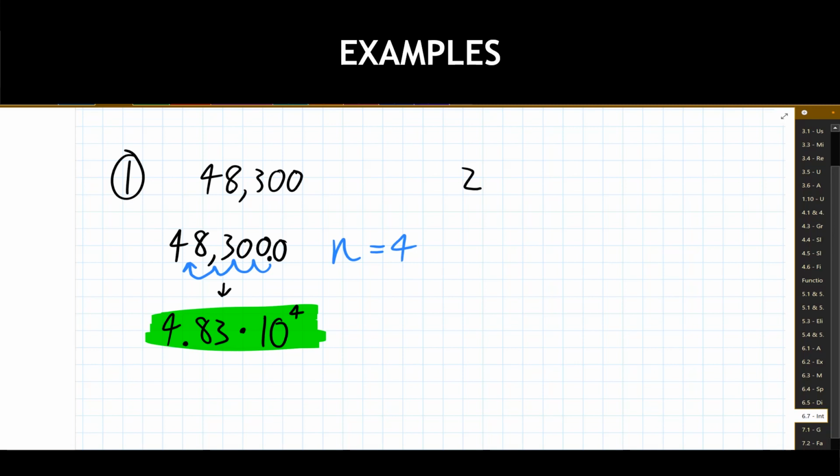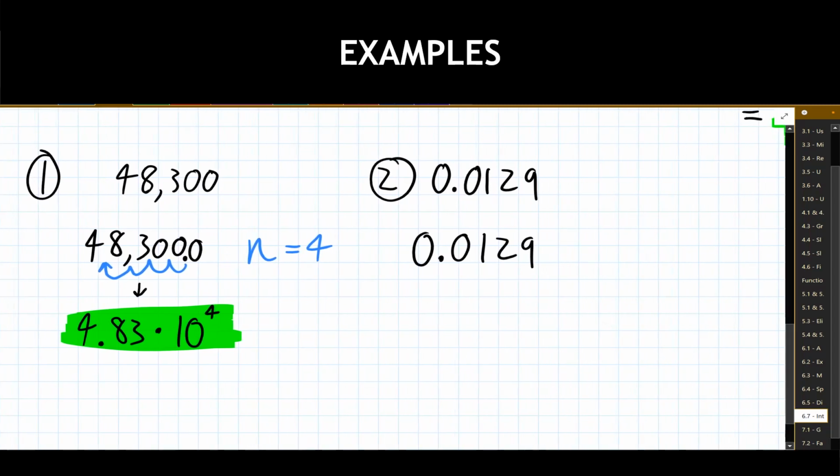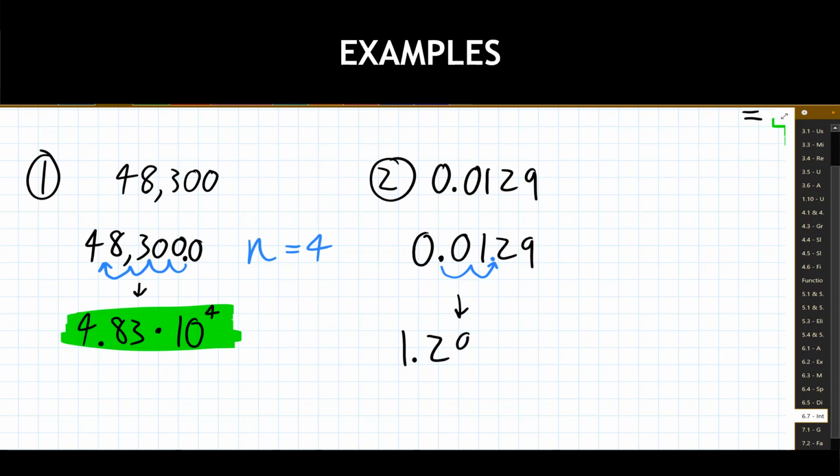Let's take a look at our second number here. We're working with 0.0129. And again, I think it's always useful to do a rewrite somewhere on your paper when you're going through and modifying this. Okay, so our process says to move the decimal point so the first factor is greater than or equal to 1, but less than 10. So I found my decimal place. I'm going to move it over to here, which means this gets rewritten as 1.29.